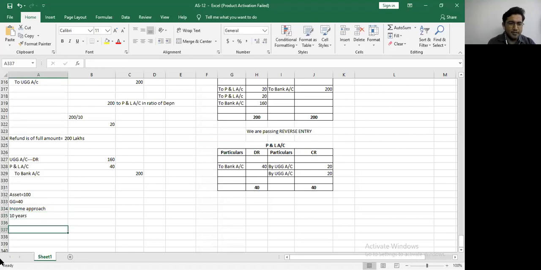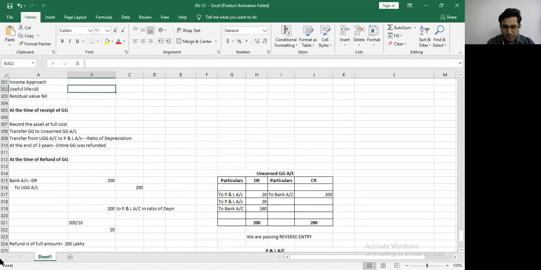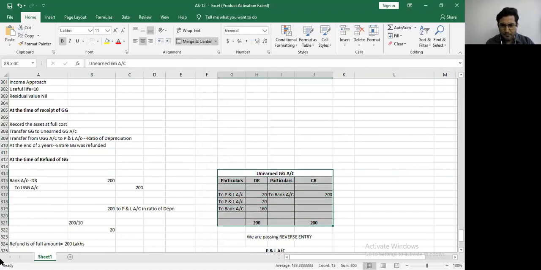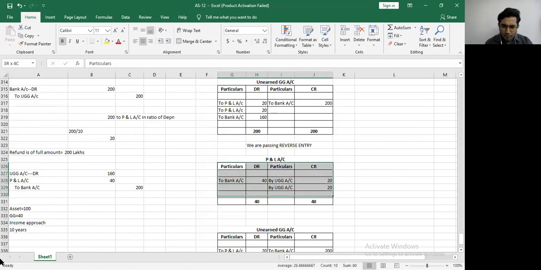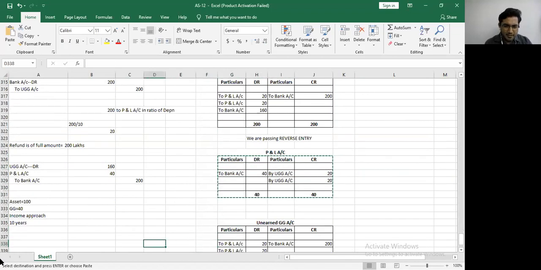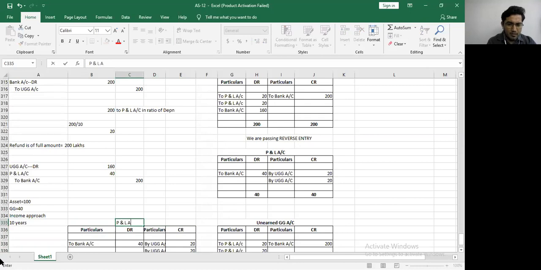Let's begin. First point. Let's prepare an unearned government grant account. So this is my unearned government grant account. And I will also prepare for you a profit and loss account so that you clearly understand. I'm preparing them side by side. So please pay attention. This is your profit and loss account. Okay. Now, if you understand the concept properly,